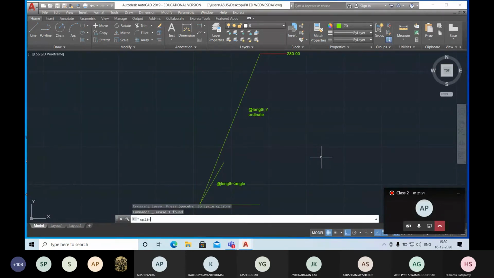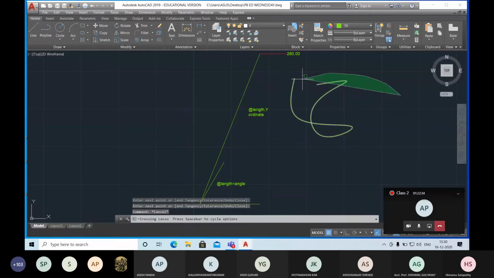Then another command is SPLINE, special polyline. It is used to draw curvy lines. Any curved lines you can use it for. Okay, so these are your curvy lines. When you press escape, it will disappear. So you have to press the enter button. When you use SPLINE, remember you have to press enter. If you want to keep it there, then you have to press enter from your keyboard. Then this is your SPLINE, special polyline.